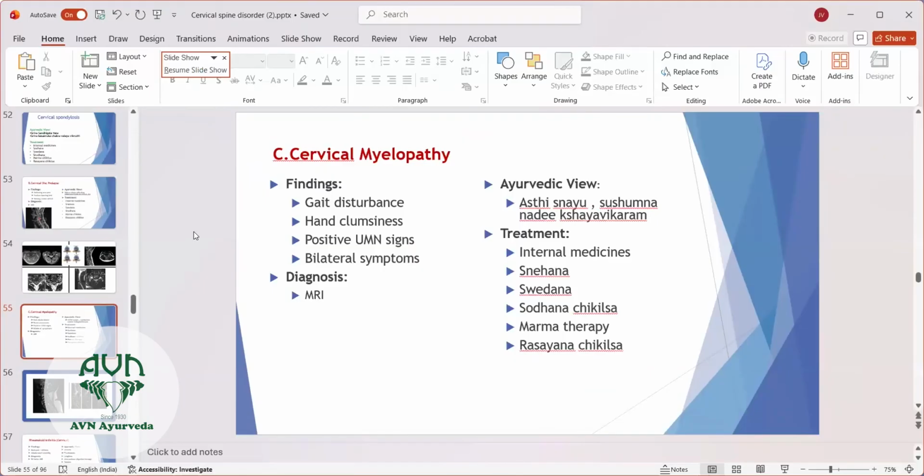If there is radiculopathy from herniation, we can observe only one side affected. But in myelopathy, it is affecting bilaterally. The diagnosis is confirmed by MRI. So this condition we can diagnose as Asthi Snayu, vitiated Vata affecting the Asthi, Snayu, and